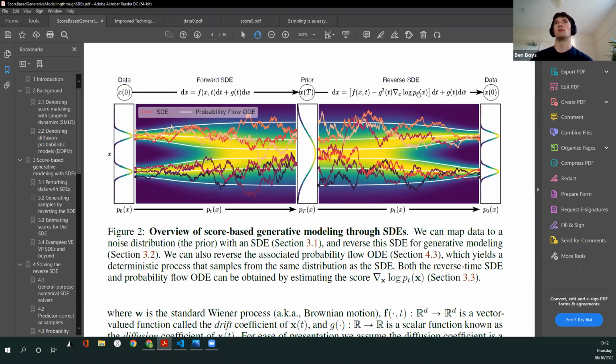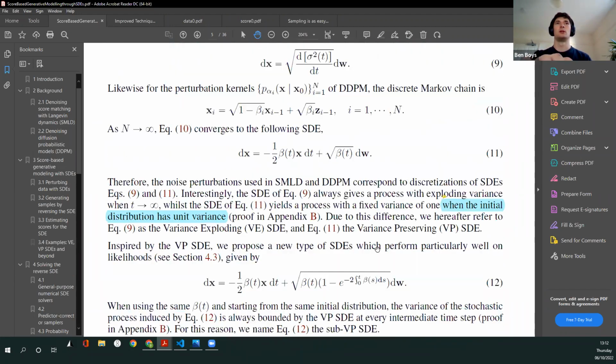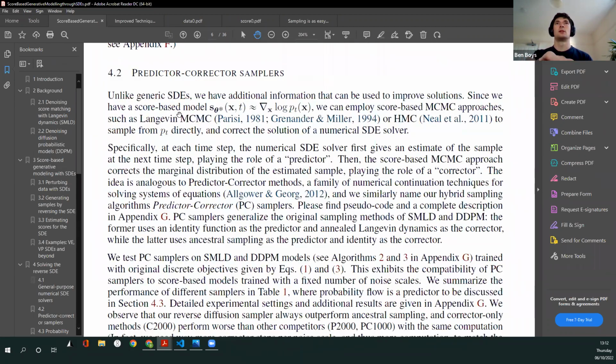It depends on the amount of noise that was added because it gets sharper and sharper and sharper to the true image. And so you need not only the predictor, which is sampling from the image, but a corrector to say that at each step, you're sampling from the true distribution PT of X. So that's what the corrector is doing. So let's go down to this section of the paper. Predictor-corrector samplers. So yeah, unlike the Langevin dynamics, the Langevin MCMC,